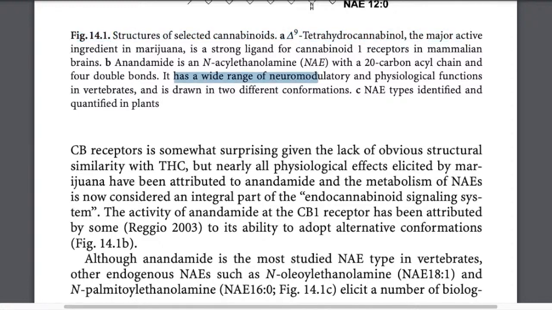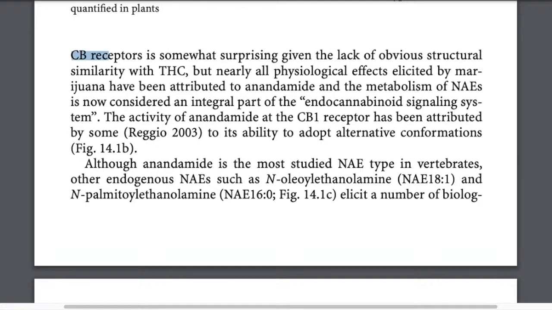Has a wide range of neuromodulatory and physiological functions in vertebrates and is drawn in two different conformations. We have NAE types identified, quantified in plants. So, all right, let's continue here. The CB receptors is somewhat surprising given the lack of obvious structural similarity with THC. But nearly all physiological effects elicited by marijuana have been attributed to anandamide, and the metabolism of NAEs is now considered an integral part of the